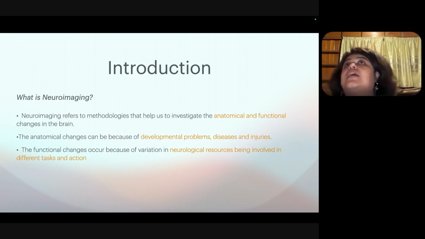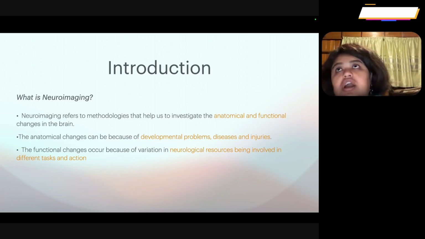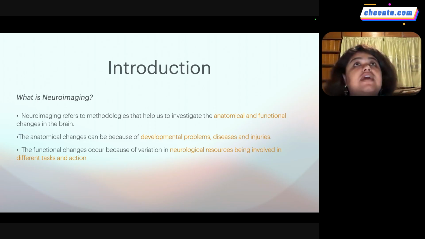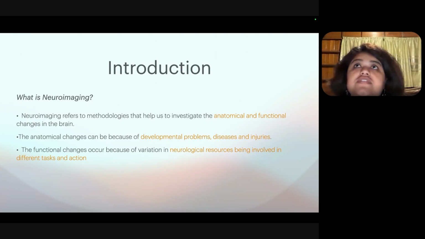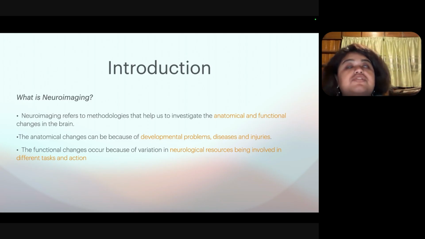Why? Because there can be diseases, like neurodegenerative diseases that kill the neuronal cells in the brain. For example, it can be Alzheimer's, it can be dementia, Parkinson's. Similarly, there can be injuries. What kind of injuries can cause brain damage? There can be car accidents which cause severe brain damage. Sometimes there are construction site falls which cause brain damage. These are the two main types of brain injuries that people suffer from.